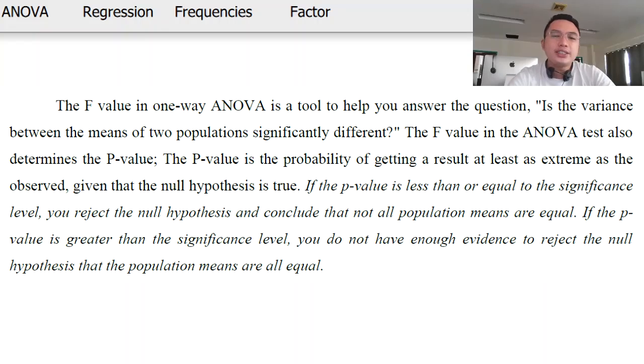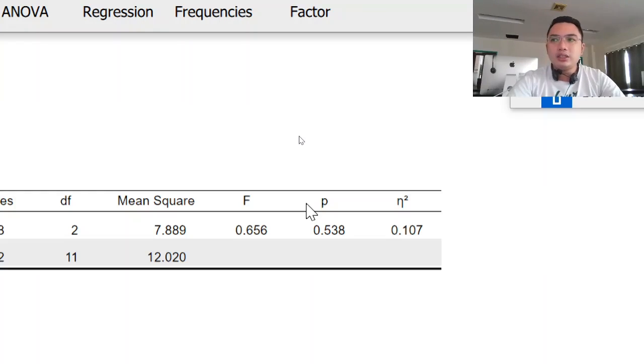If the p-value is greater than the significance level, you do not have enough evidence to reject the null hypothesis. That means you'll be accepting the null hypothesis, and you will be rejecting the alternate hypothesis.